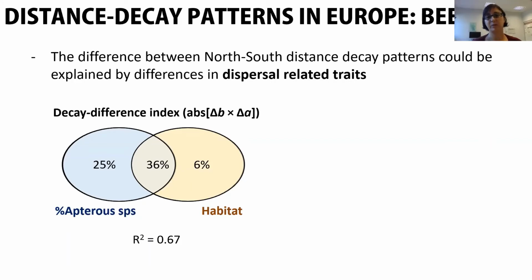And yes, it was. We didn't only relate it with dispersal traits, also with other ecological characters, but it was the dispersal ones that explained most of the variance. So we were like,